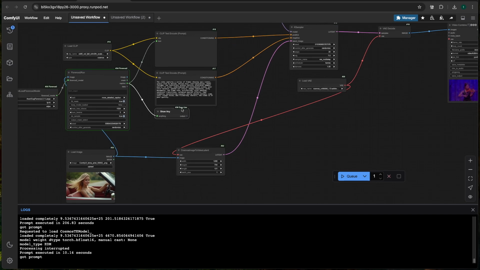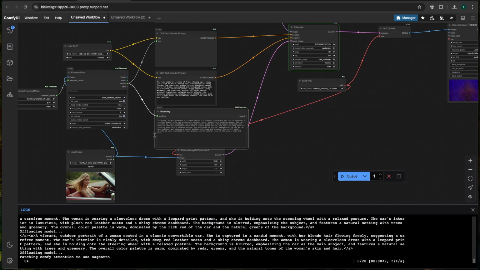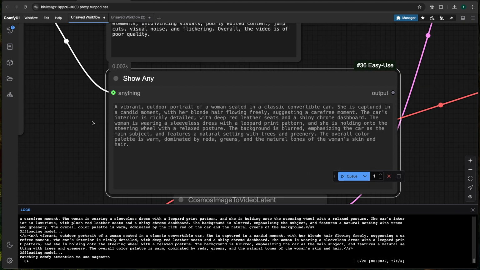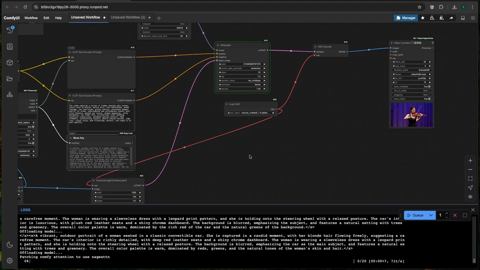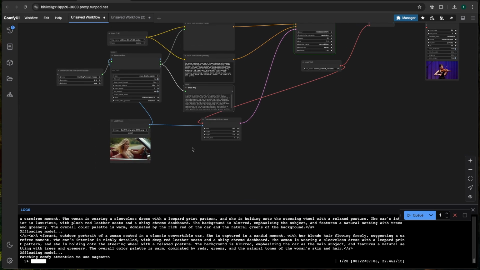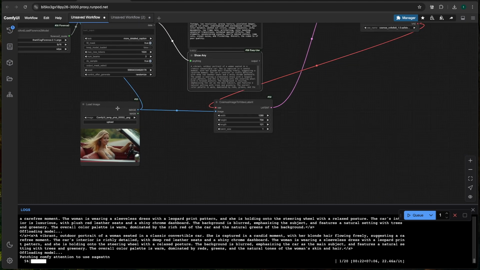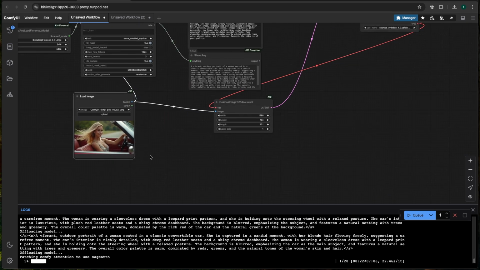And now let's run it. All right, so you can see here's our caption that was generated. It's much more detailed than something that I would have written, so that's the advantage of using Florence 2. Okay, and then while this is generating, I want to show you